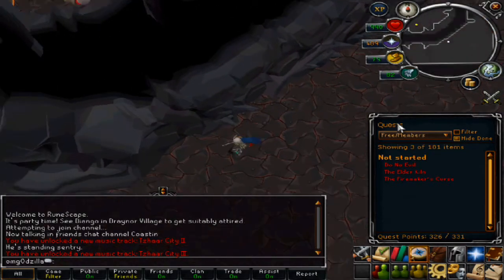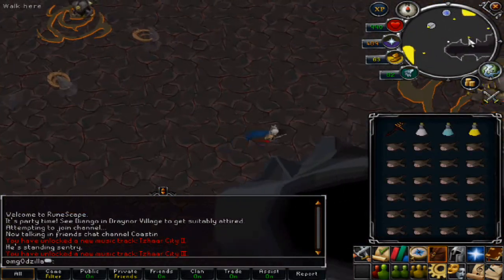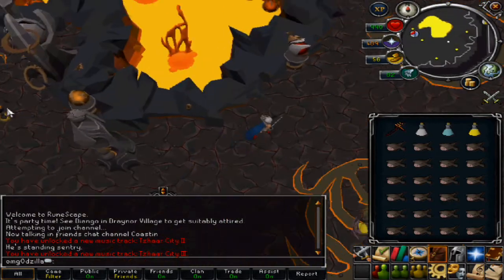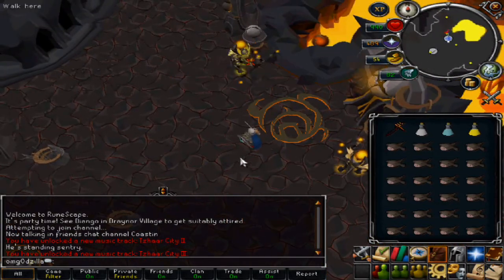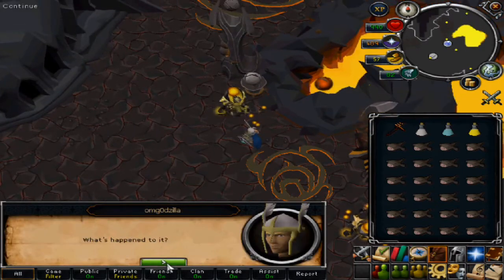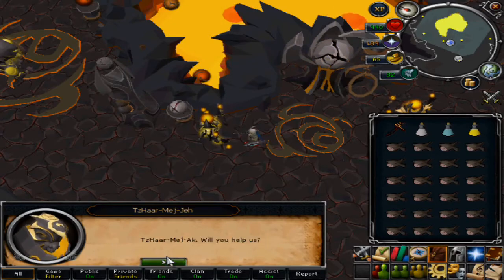But anyways, to start this quest, we're going to go to the birthplace here in the Tzar Cave. You can find it on your map pretty easily, and there's the quest point right there. We're going to talk to the other guy, Tzar Mezje, whatever you want to call him. He's going to ask you if you want to start the quest and if you're going to help